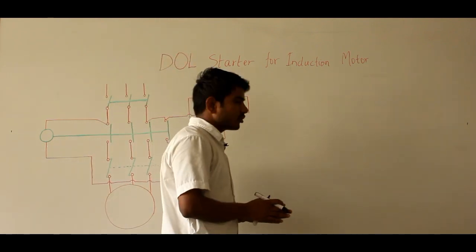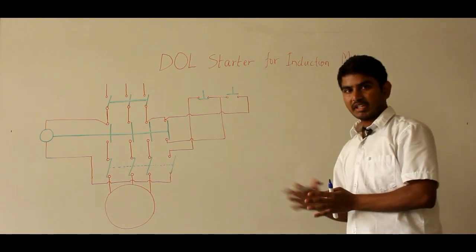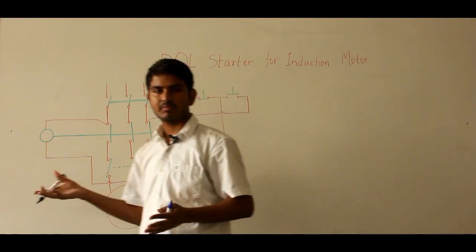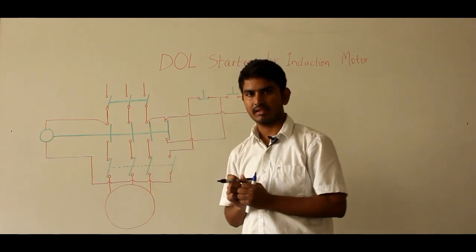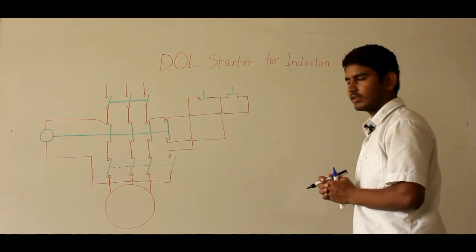So let us come to the topic. Here the DOL starter, you may think the topic can be completed in 5 minutes, but I will take some 10 more minutes because I know what the content should be taught so that you can have a whole knowledge about this starter. So the purpose of using the starter in the induction motor is, so in the DC motor, if I compare,